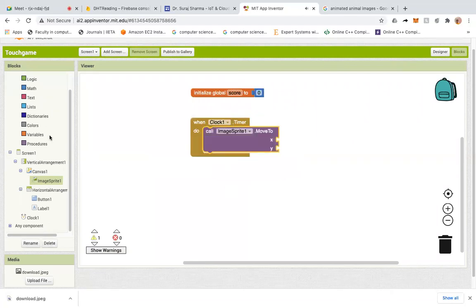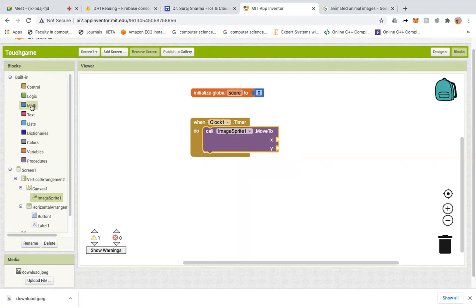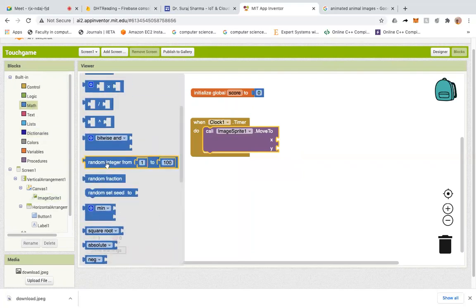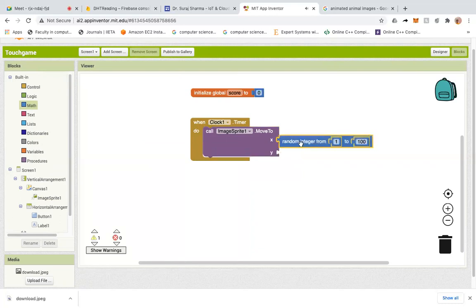And we have seen how we can go to the X and Y direction by the random value. This is the random value that I'll choose. I'll choose this particular random value as, let's say, 400. So it will be more random in terms of the image going here and there.